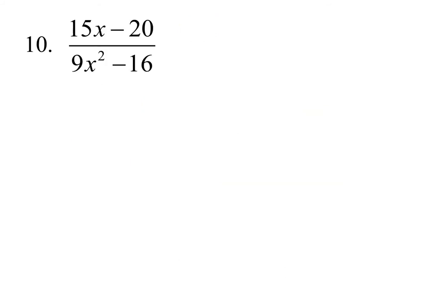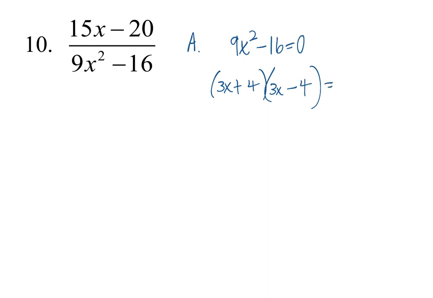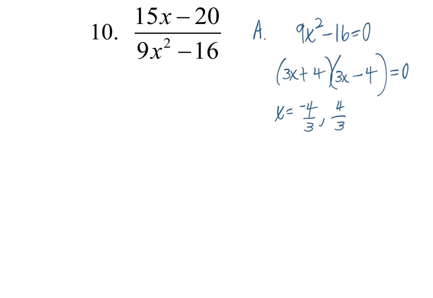For part A on number 10, we're going to set that denominator equal to 0. That's a difference of squares. Square root of 9x squared is 3x. Square root of 16 is 4. So the restricted values would be negative 4/3 and 4/3 if you set those equal to 0. So now for part B,